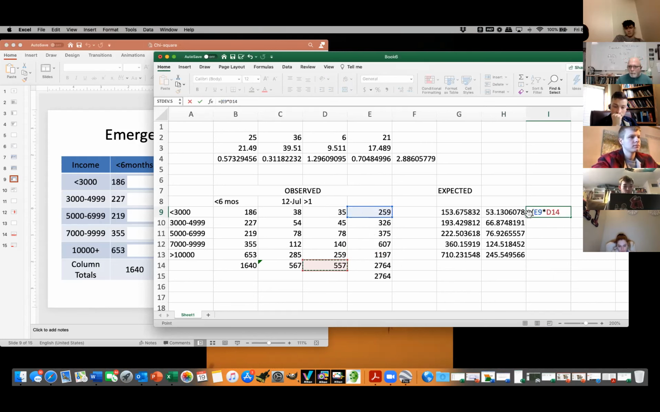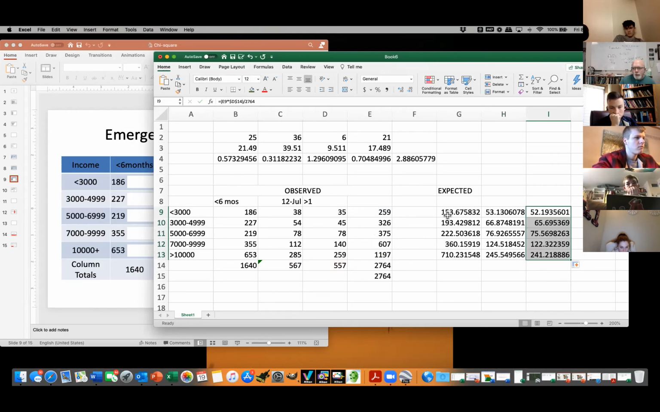It helps if you do the right column head. And once again, we're going to make that a fixed reference, and we're going to divide by 2764. And once again, we can take that whole thing and copy that. So now we should have